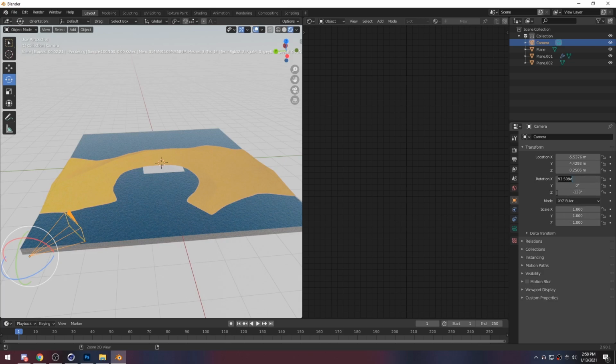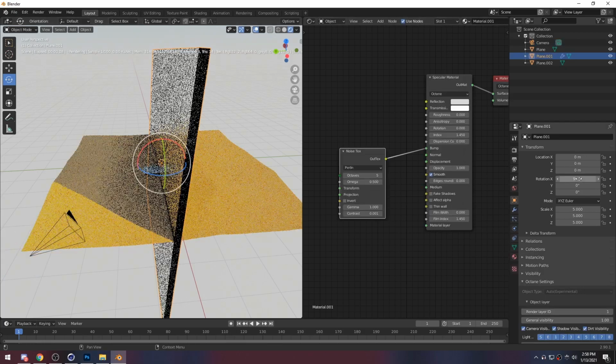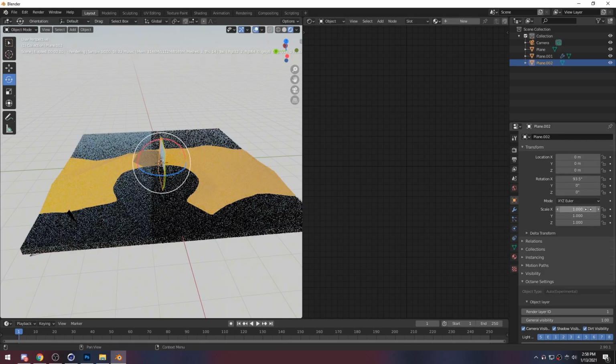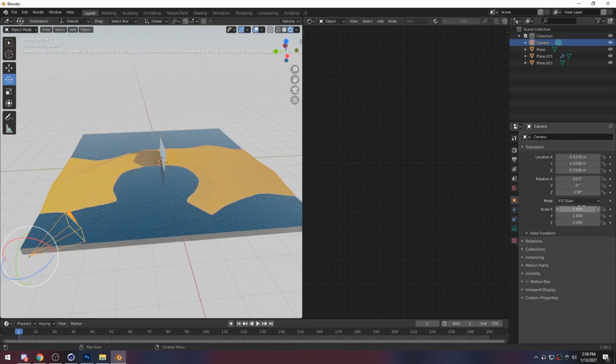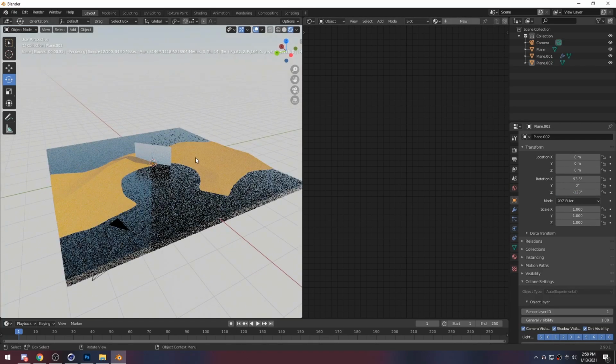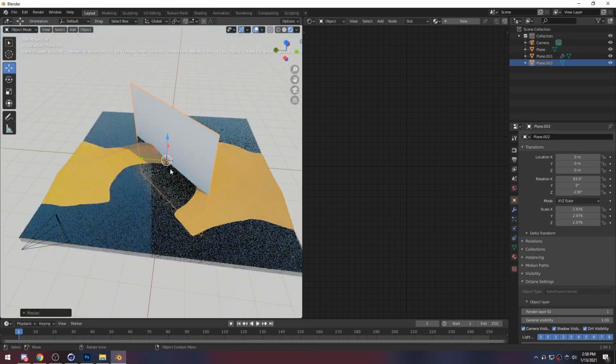This rotation here, we want to copy this, click on our plane, paste that onto our plane, wrong plane, there we go, paste it onto our plane, and then come over here to this one and paste that on this plane. There we go. And then we want to scale it up pretty big, because this is basically going to be our backdrop,